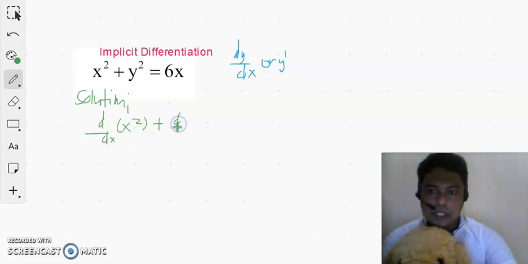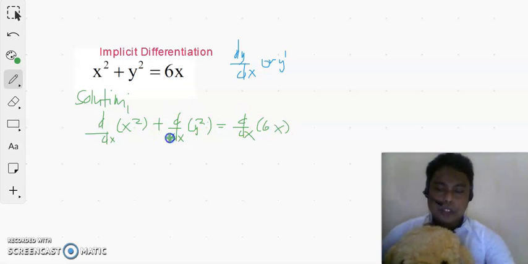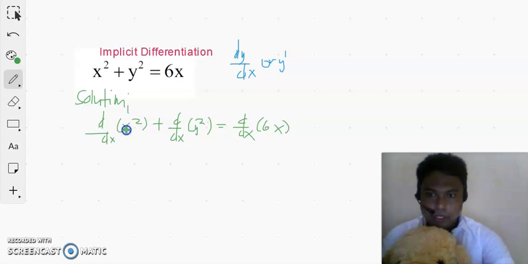This is d over dx of x squared plus d over dx of y squared is equal to d over dx of 6x. Okay, and then if you differentiate x squared with respect to x, this will be